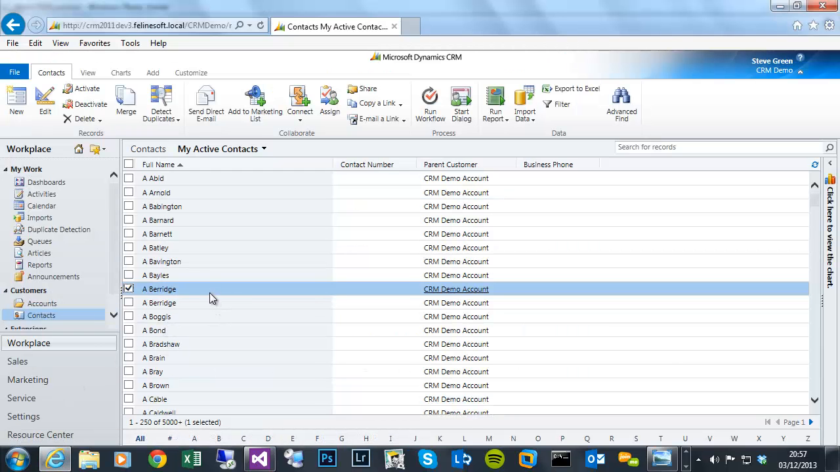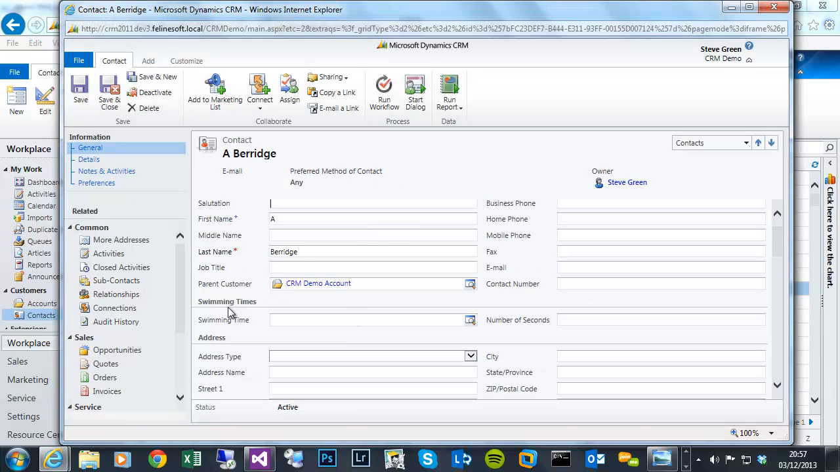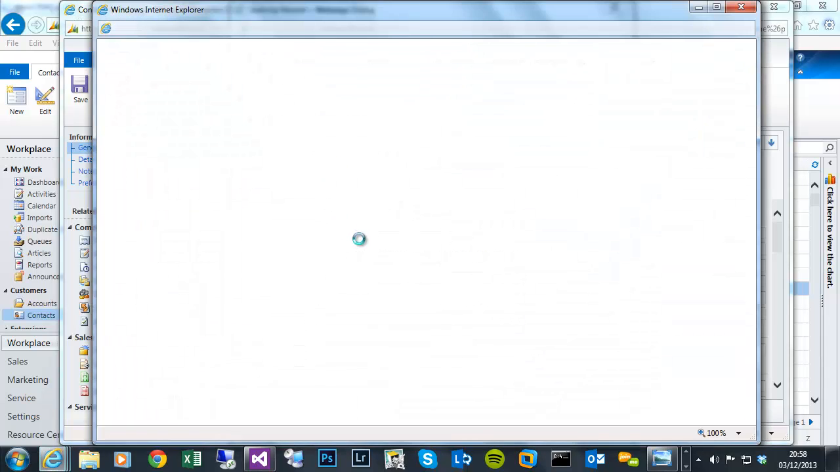So what I've done is I've taken the contact entity and created a swimming times section, and obviously I've got a lookup to a swimming time record and a number of seconds. So what will happen is you'll put the number of seconds into the contact record, and the associated swimming time record will get updated with that number of seconds, which will then trigger a plugin to calculate a number of minutes. So if I look at a new swimming time record,